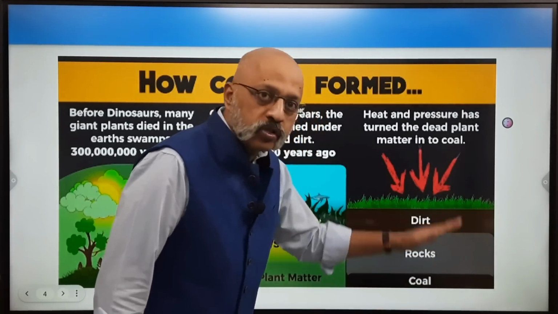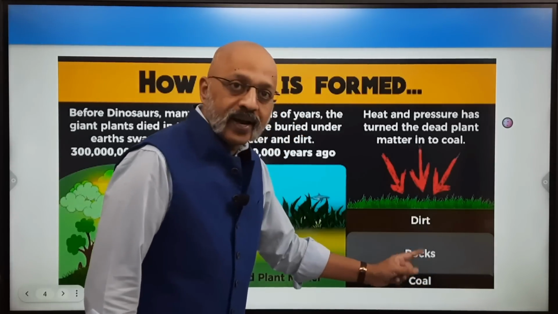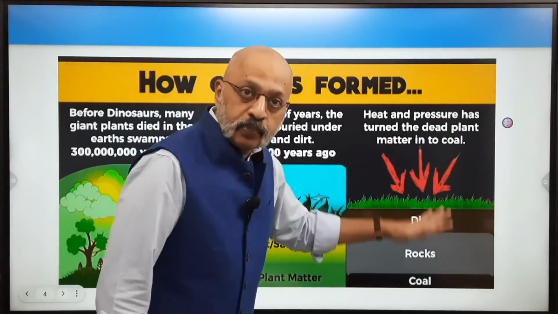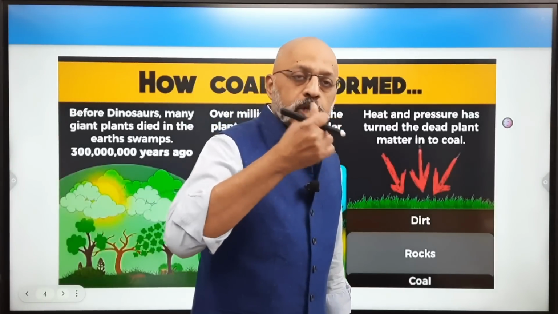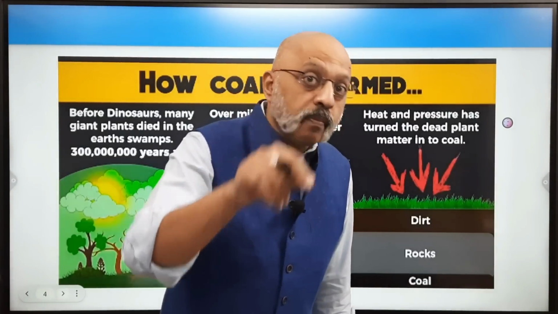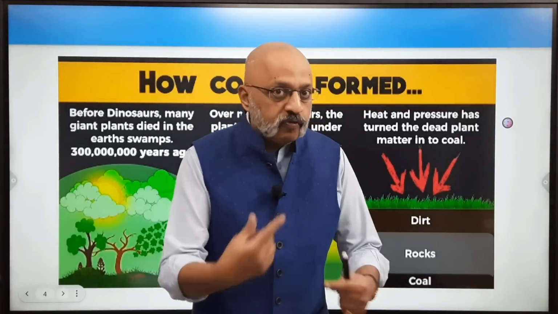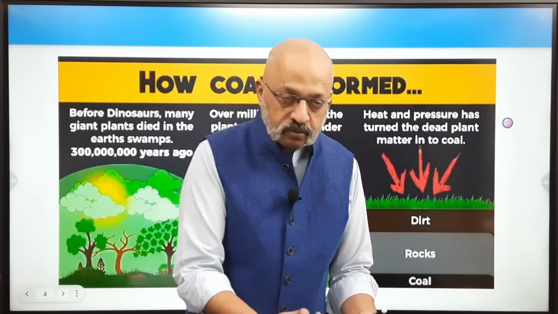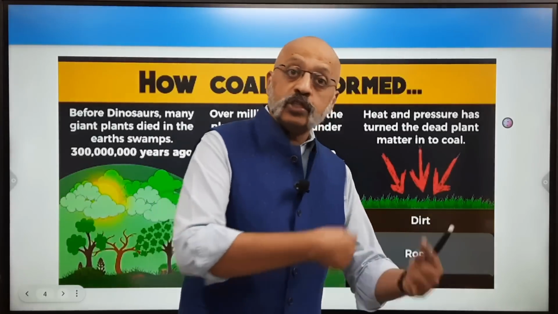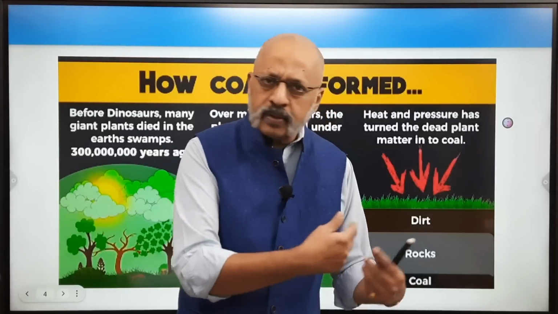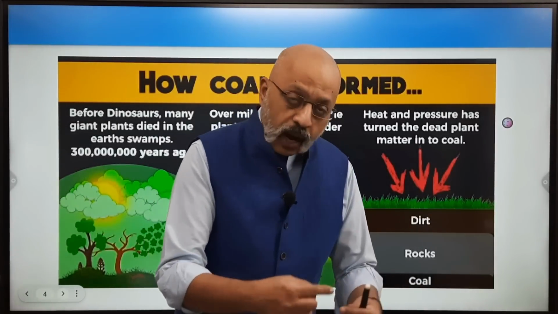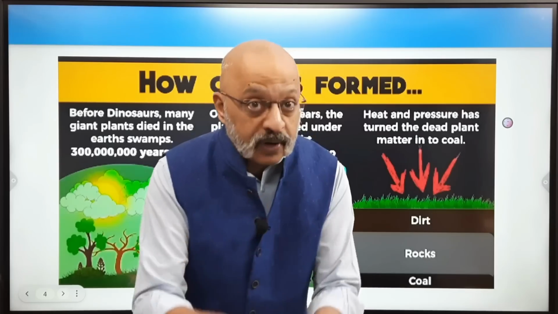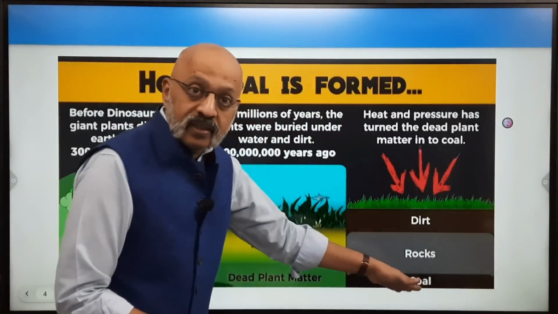So the more it goes inside the earth's surface, coal gets formed as a result of organic and vegetable matter and the effect of heat and pressure on it. Now you may wonder, isn't this compost? But in compost there is microbial action, where vegetable matter, organic matter is put there, and there is microbial action, right? And it gets converted into compost, which is used as fertilizer, in urban, semi-urban, rural areas. Now there is microbial action there, and it doesn't go down that much. There is not the effect of heat and pressure to the extent that it happens in the case of coal.